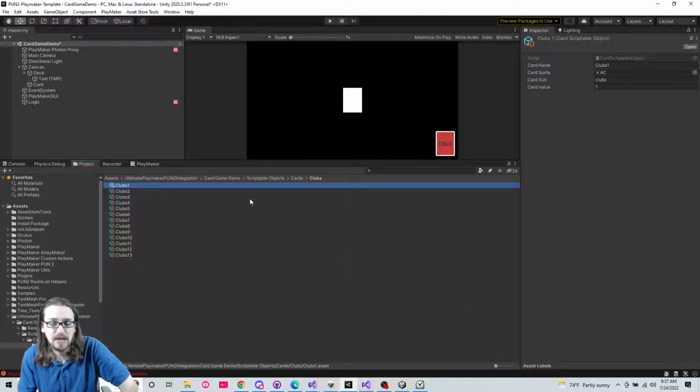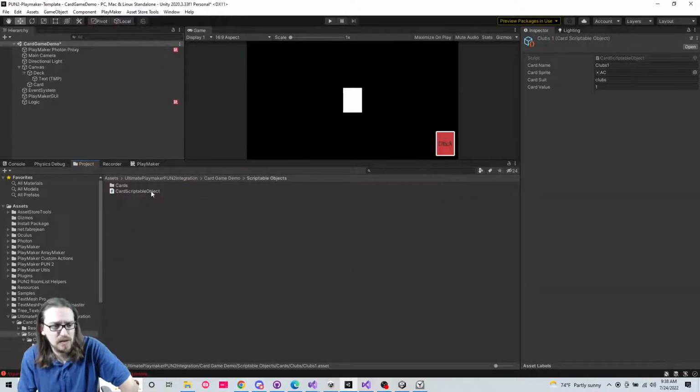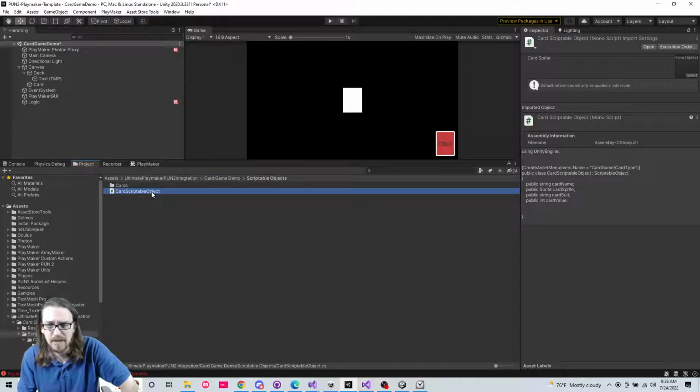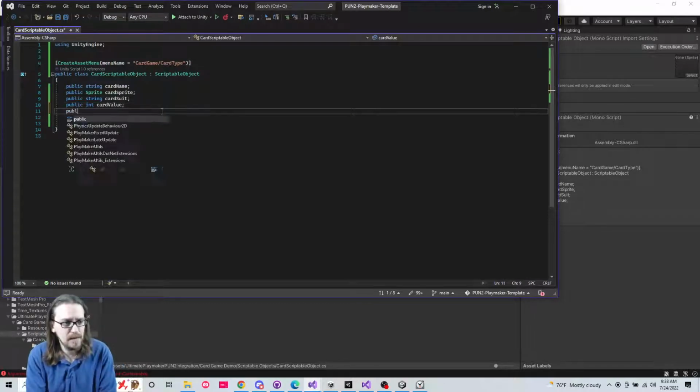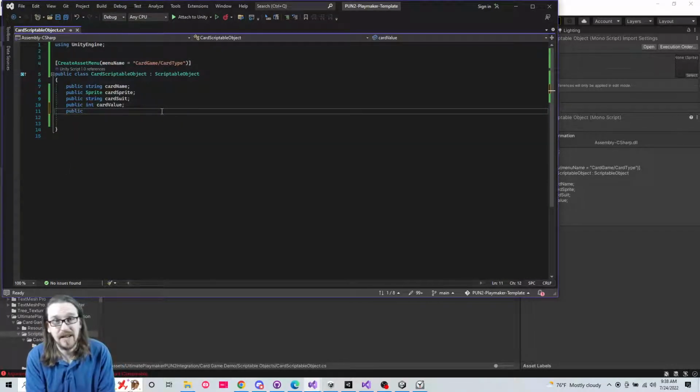And what's nice too about scriptable objects is if I wanted to go to my scriptable object here and edit this, and we just went public. Again, you could have an enum list, which you would probably want to do if you wanted to keep everything straightforward, but I'm too lazy to create an enum right now. So I'm going to just do public string, and we'll call this attributes. Okay, and if I hit save,